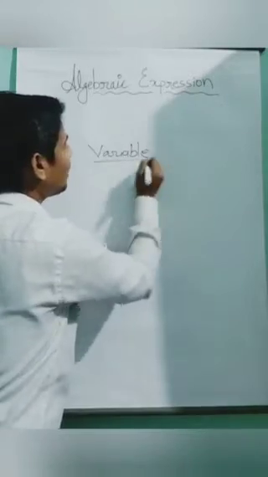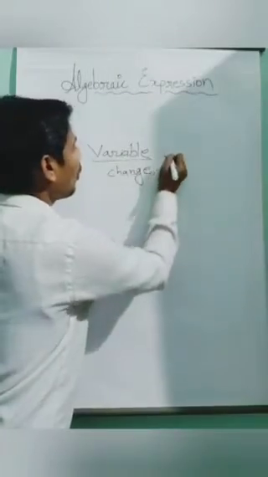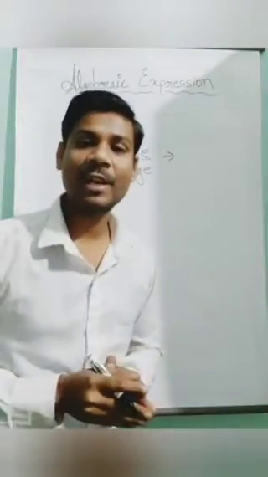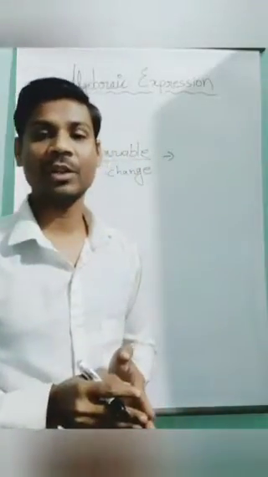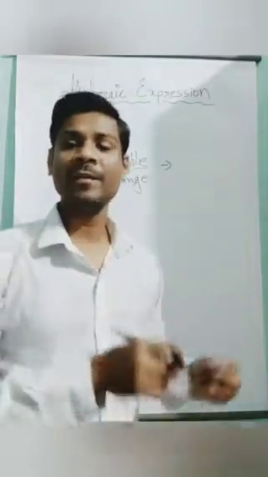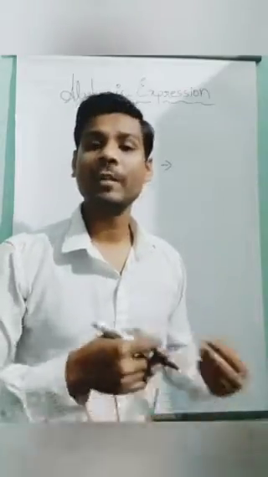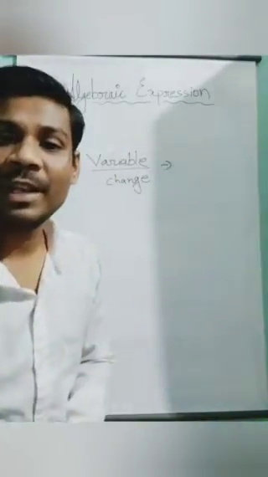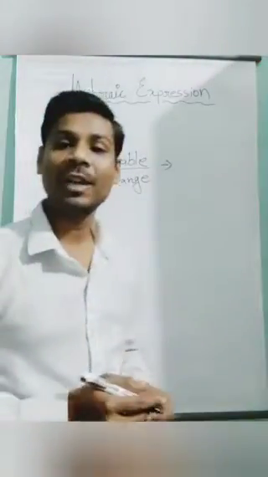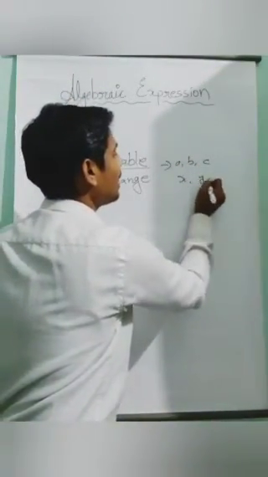Variable, as the name implies, vary means change, or we can say that it contains a value but its values are not fixed. And one more thing, where we use the variable: if the value is abstract or hidden, or we can say the value which we don't know, we use a variable. Variable is represented by any alphabet like A, B, C, X, Y, Z, and so on.